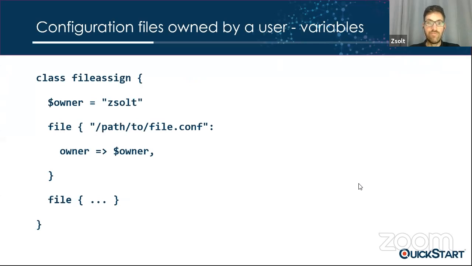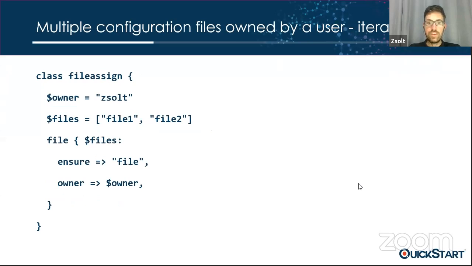So the first option is that we abstract the owner, which is Zsolt in this case, into a variable. And we still replicate the file 100 times. So this file declaration, we will work on that very soon. But at least now the owner can be changed in one place. So this is important. Notice the absence of the comma in the owner variable declaration. So there is no comma afterwards. If you wrote a comma, the syntax error, so the syntax parser would highlight an error. So this is one option.